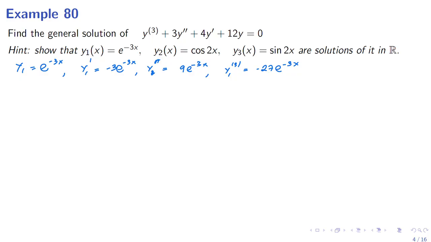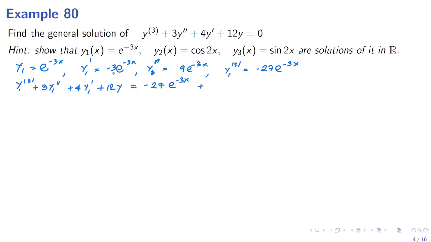And if we plug those into the ODE, which is y1 third derivative plus 3 times y1 double prime plus 4 times y1 prime plus 12 times y, that will be minus 27 e to the minus 3x